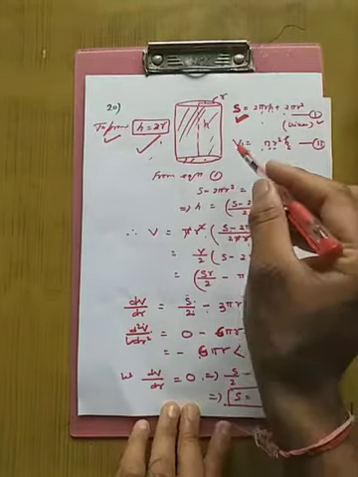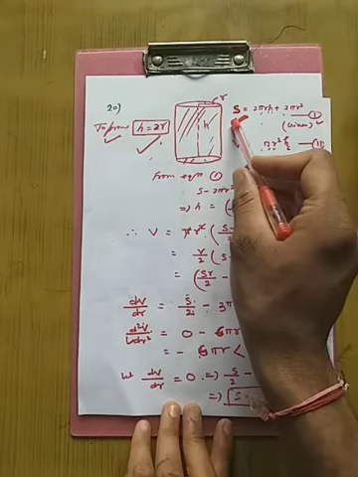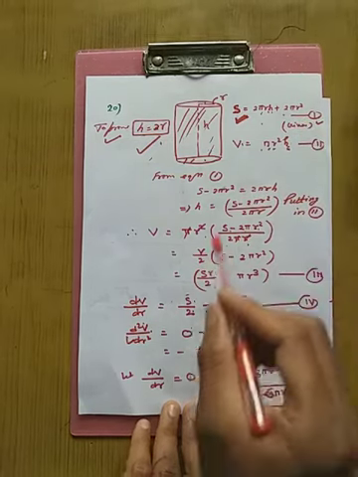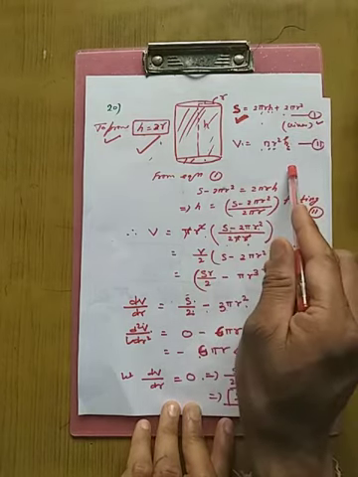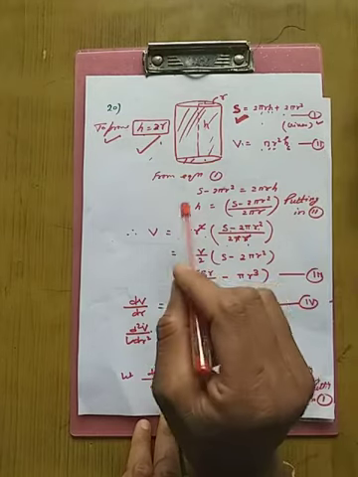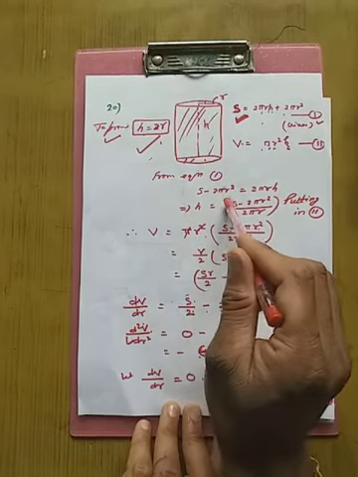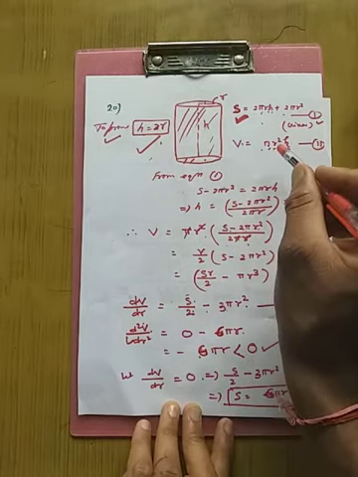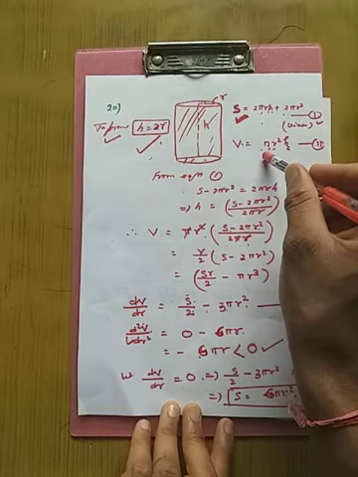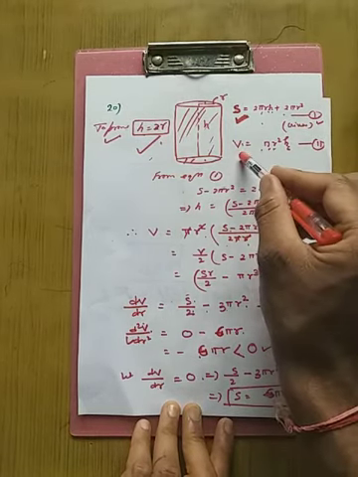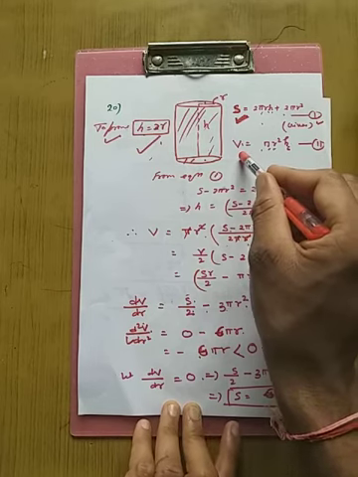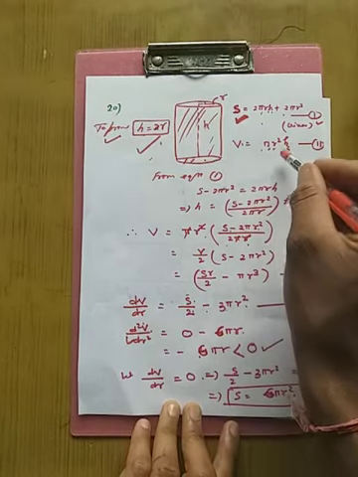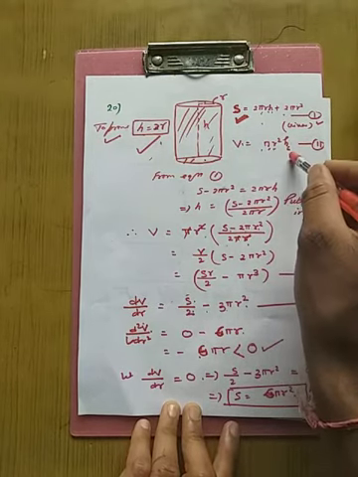Since the total surface area of the cylinder S equals 2 pi rh plus 2 pi r square. Volume of a cylinder equals pi r square h. This is equation number second. From equation first, S minus 2 pi r square equal to 2 pi rh. Means you have to convert one variable in respect of the other, because I have to differentiate the volume of the cylinder, it is mandatory that it be in the form of one variable.